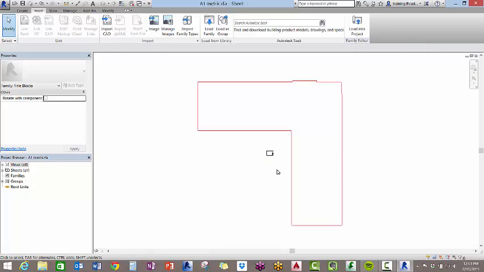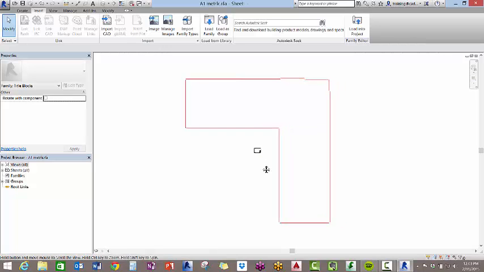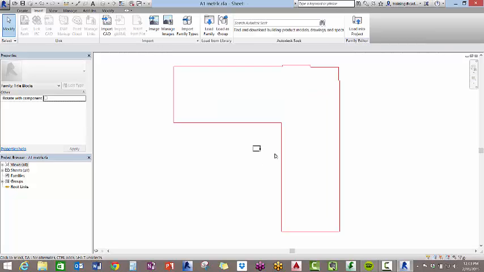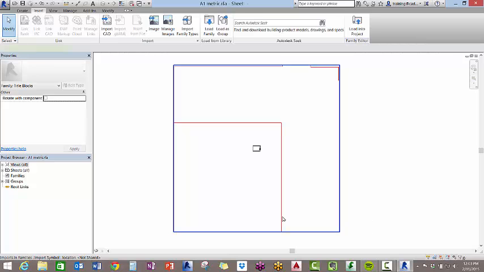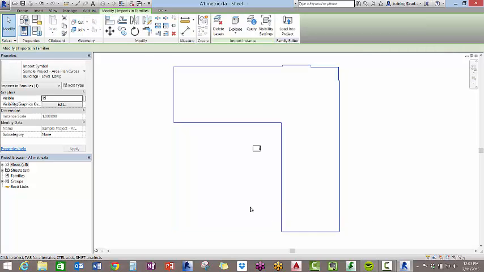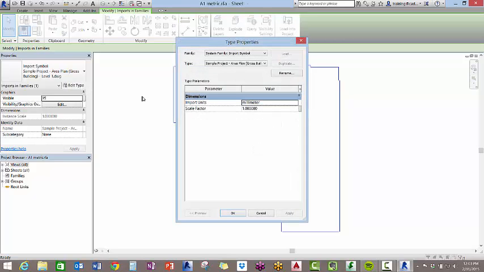As you can see, this area plan that I've brought in is way too big for the title block. So what I'm going to do is scale it down. To do that, just simply pick the area plan that you've imported in, go up to Edit Type, and over where it says Scale Factor, start putting in some numbers that you think may or may not work. Just give it a shot. I've done this a couple times, so I'm going to go ahead and put in